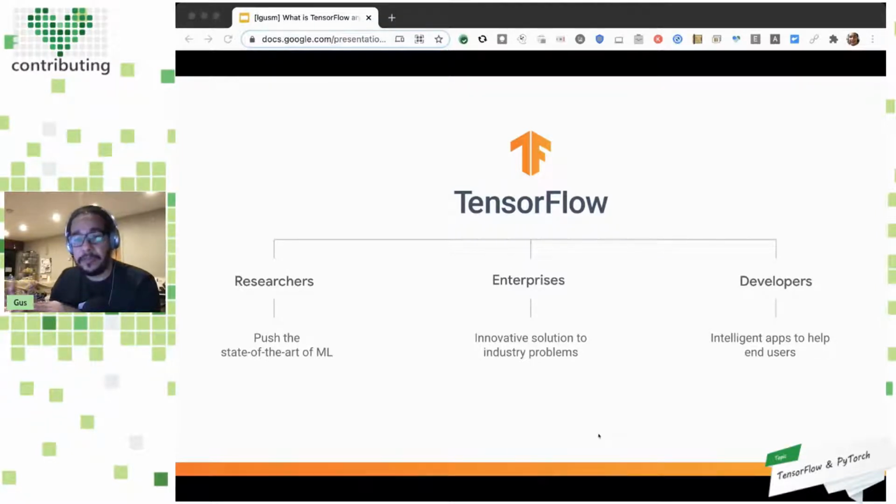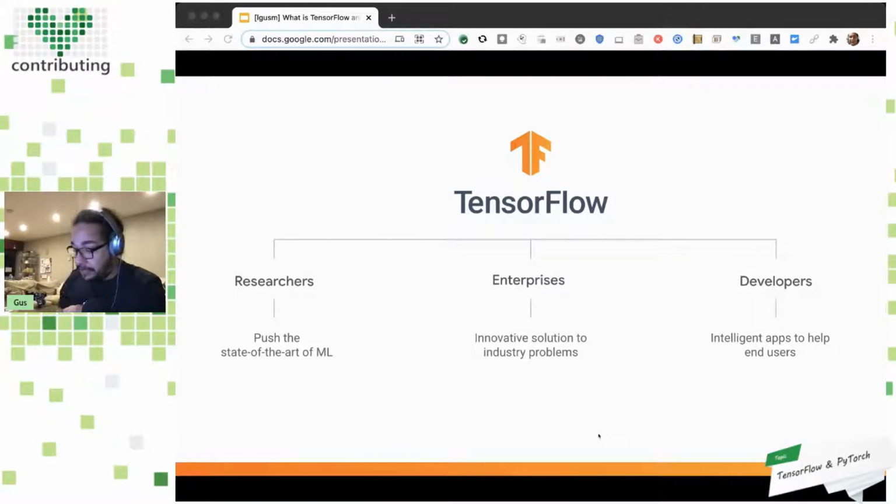And of course, we pay a lot of attention to developers, because these are the main people that will use TensorFlow, right? If we think of researchers, there's a bunch of people. Developers are way more people, and we want them to be able to also use this powerful tool, right?